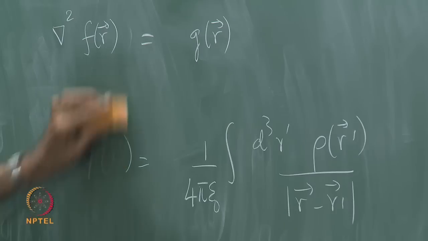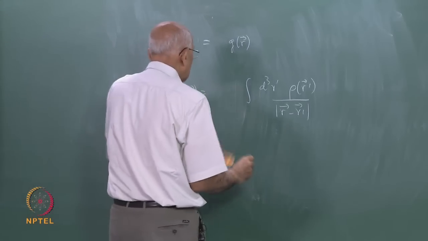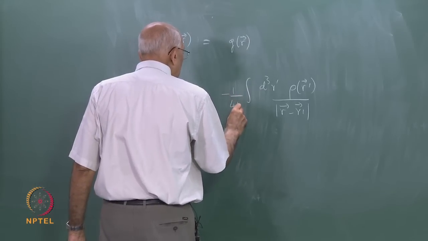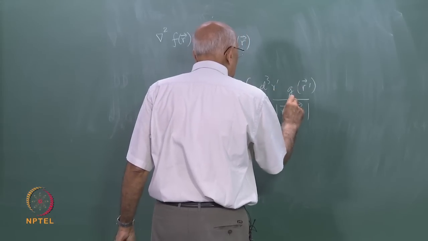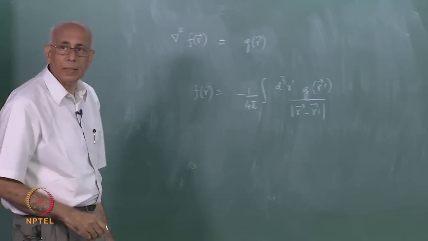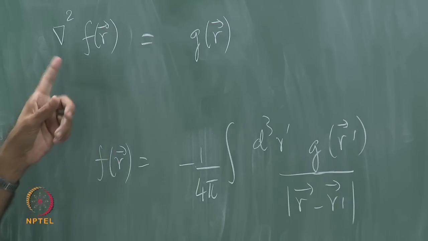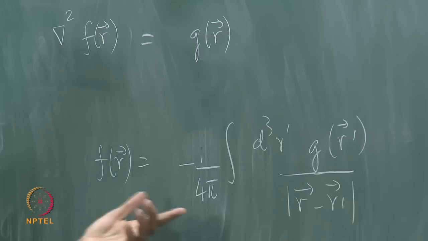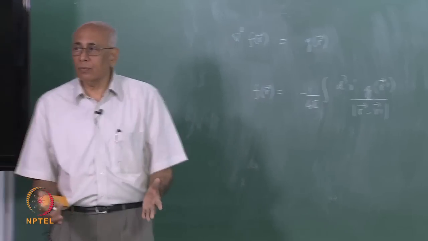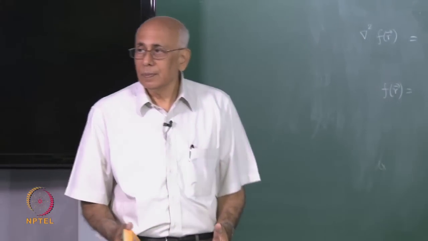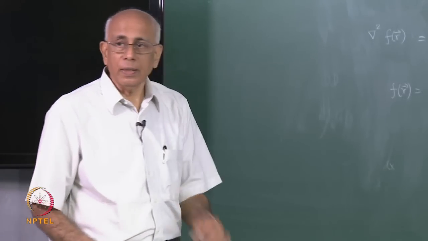By analogy with this, it is clear that the solution we are looking at is f of r equals minus 1 over 4 pi times g of r prime over this. So the Green function in this problem for the del squared operator is nothing but minus 1 over 4 pi mod r minus r prime. That is the Green function, and we should be able to derive this rigorously, that this is indeed the Green function